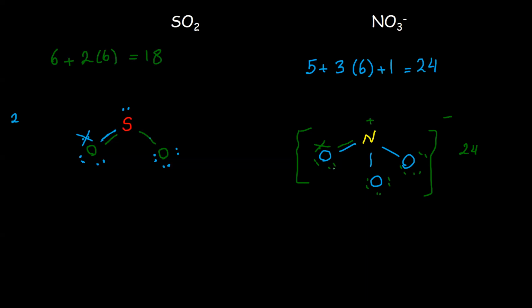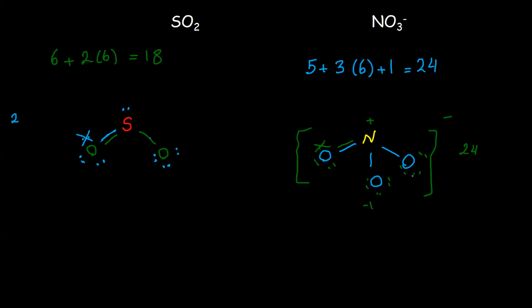For oxygen, we say 2 because it's just lone electrons. I just count 2 for oxygen, 2, 4. This shared one, 1 for this one, 1 for this one, all together 6. So the formal charge for this oxygen is 0 because it's group 16 and it uses 6 electrons. For this oxygen, 2, 4, 6, and one of this one, 7. So the formal charge for this oxygen is